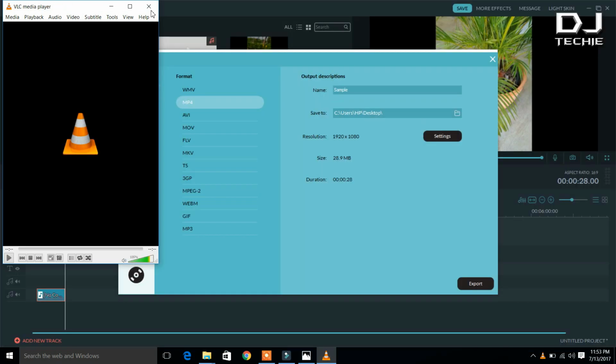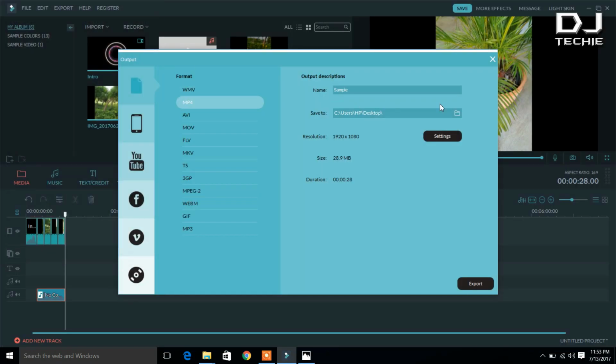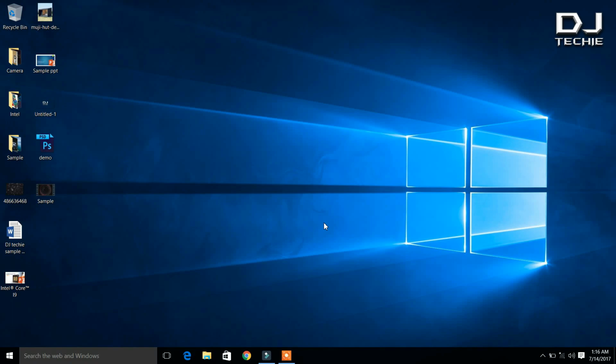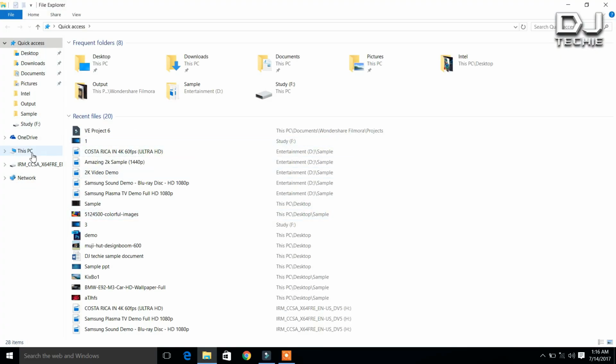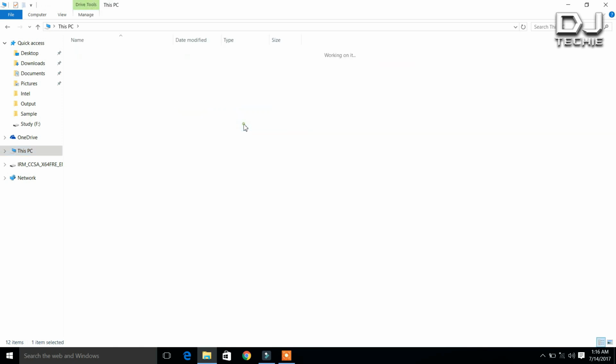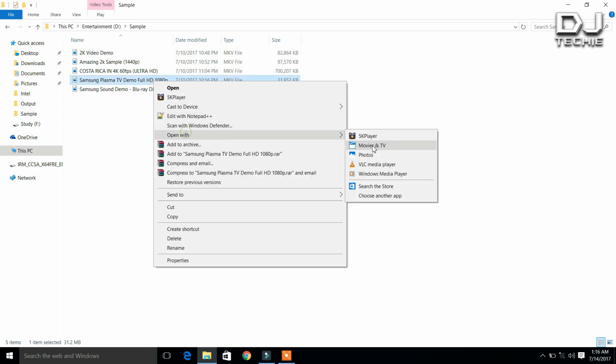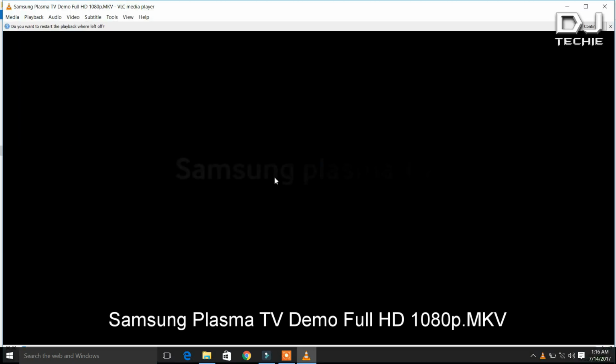By testing all this, I can say that the performance of this laptop is actually good compared to other laptops, and dealing with multiple tasks at the same time is good also. Some of the heavy applications it is able to load very easily. So now let's do a video test on this laptop. For that I have downloaded some sample videos which we are going to play on this laptop. I have downloaded some videos in 2K, 4K and Full HD. So let's start with Full HD and see how the video quality on this laptop is. I will play it in VLC.